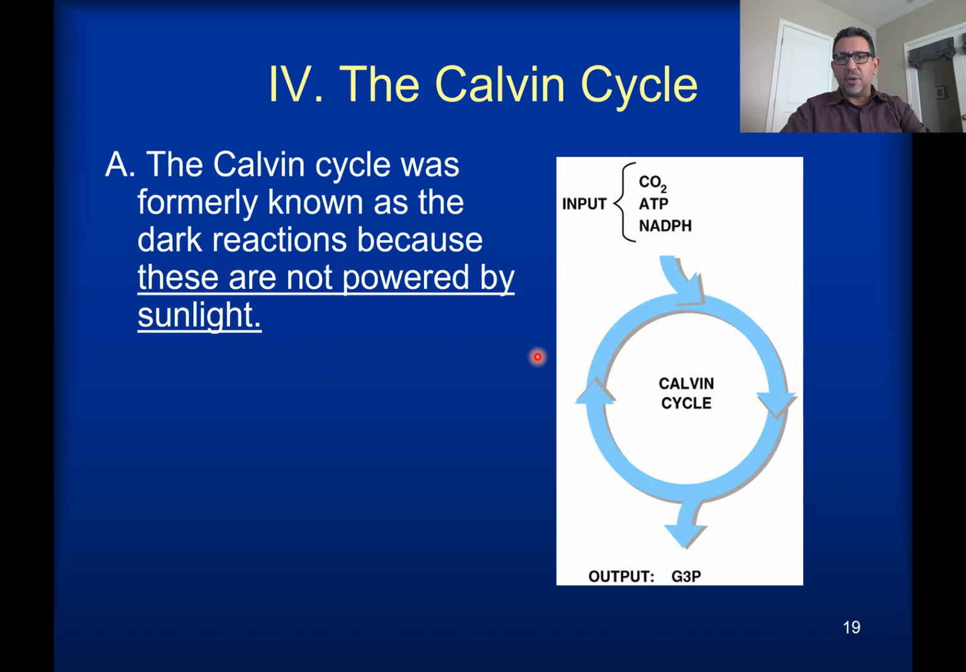The Calvin cycle is the second main stage during the process of photosynthesis. And it was known a long time ago, back when I was a student, as the dark reactions because they didn't require light, but the name was kind of confusing. And sometimes students thought that the light reactions happen during the day, the dark reactions at nighttime, and that is not the case. Both the light reactions and the Calvin cycle will be happening during the daytime for most plants